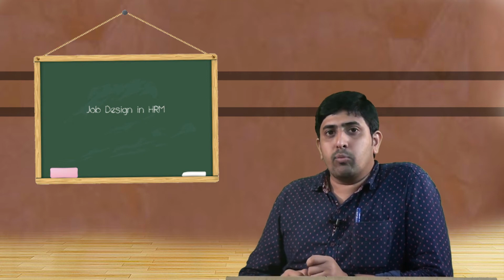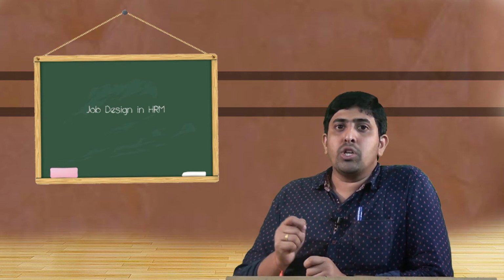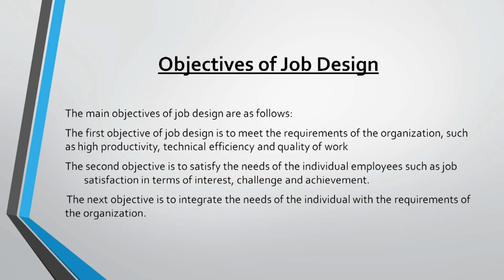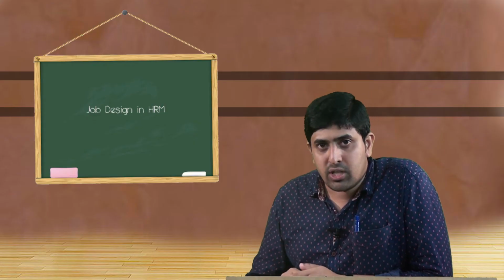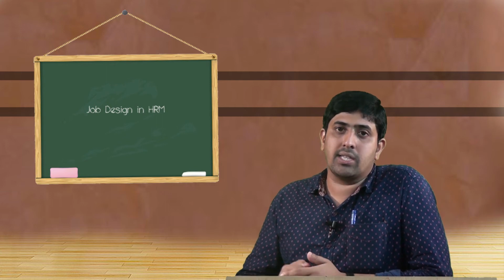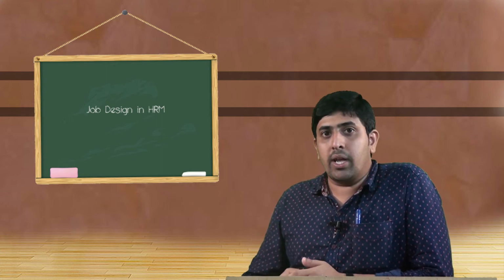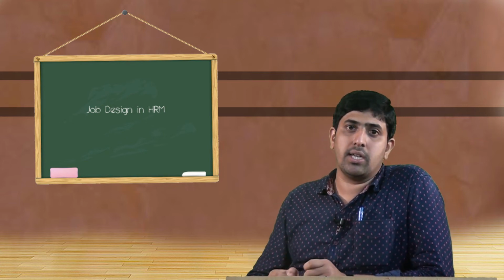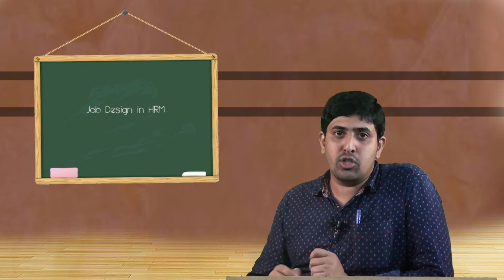The second foremost objective is to make sure that the employee is satisfied with whatever job he is going to perform. The employee satisfaction level should be increased, and in order to increase it, one should make sure that he is provided with a job which matches his profile. Again, to meet individual requirements, job design is very much essential. How do we meet these individual requirements? For example, an employee may be specialized in a particular area, and you should make sure what the job specialization is and what the employee specialization is, and the employee should be matched with that job specialization.